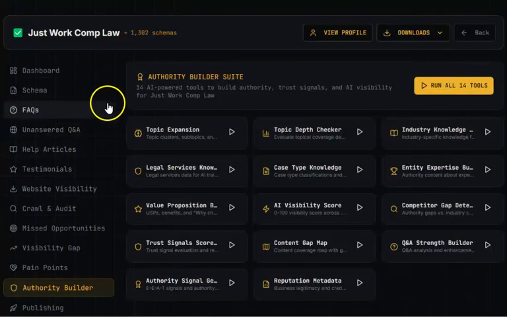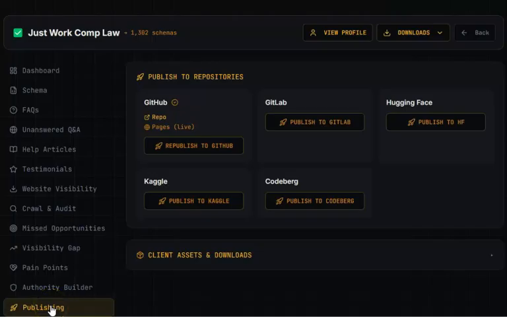Now it has an authority builder suite. Click on each one individually. It'll take you to another page and you can download the information. Or you can run all 14 tools at once and download that information. Now when you go to publish,